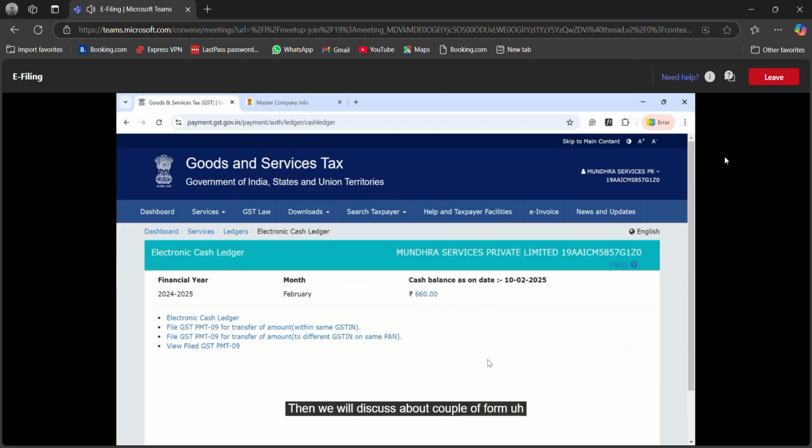Then we will discuss a couple of forms, a couple of returns more, like annual return, how to claim TDS or TCS. That we will discuss in our next session, followed by a few more chapters which are still there. Next session would be the last session in this series. If you have any question, any query, please raise it. Else, for today,